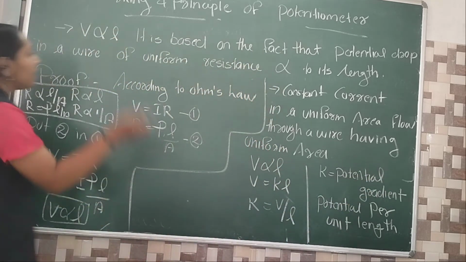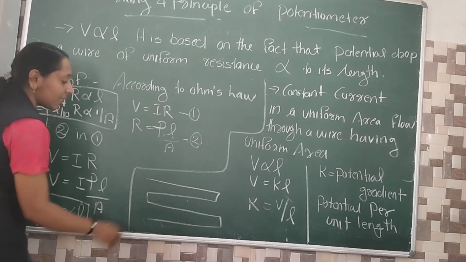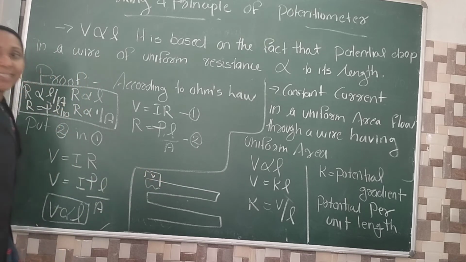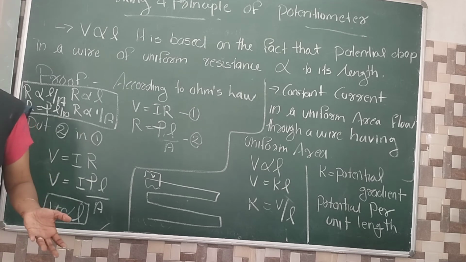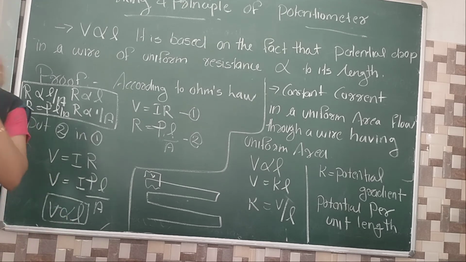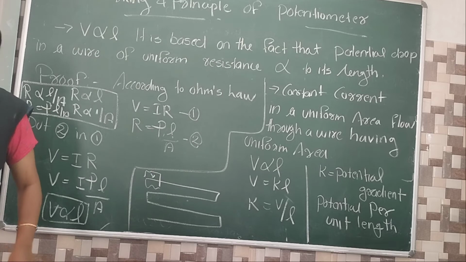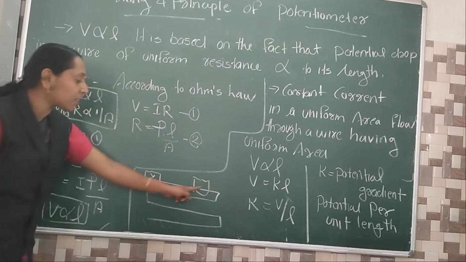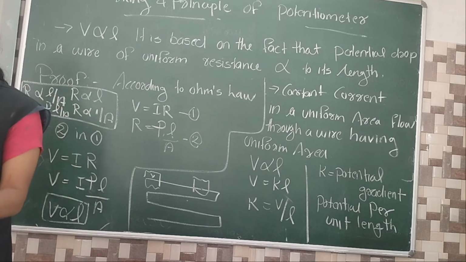We already know different lengths are available in the potentiometer. Am I right? Okay, I am considering only this much portion. How much voltage is in this portion? That is called the potential gradient. The total voltage is the voltage difference that we want to measure. So how much potential is available in one small portion? That portion is called the potential gradient. Clear, everyone? Maybe I can consider this portion. How do you find the potential of this portion? Find the potential gradient, and you can get it.